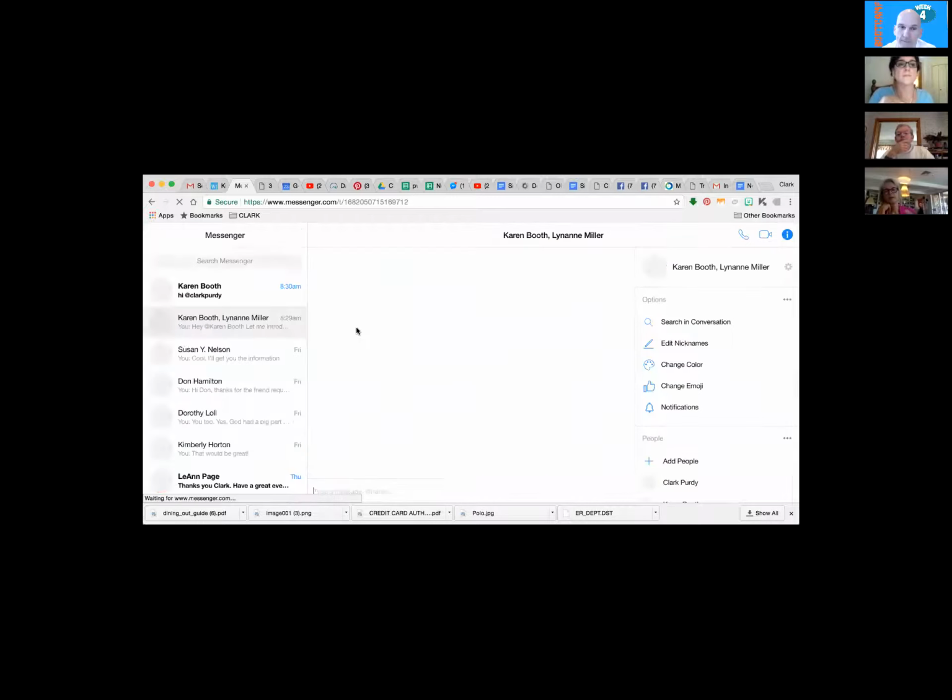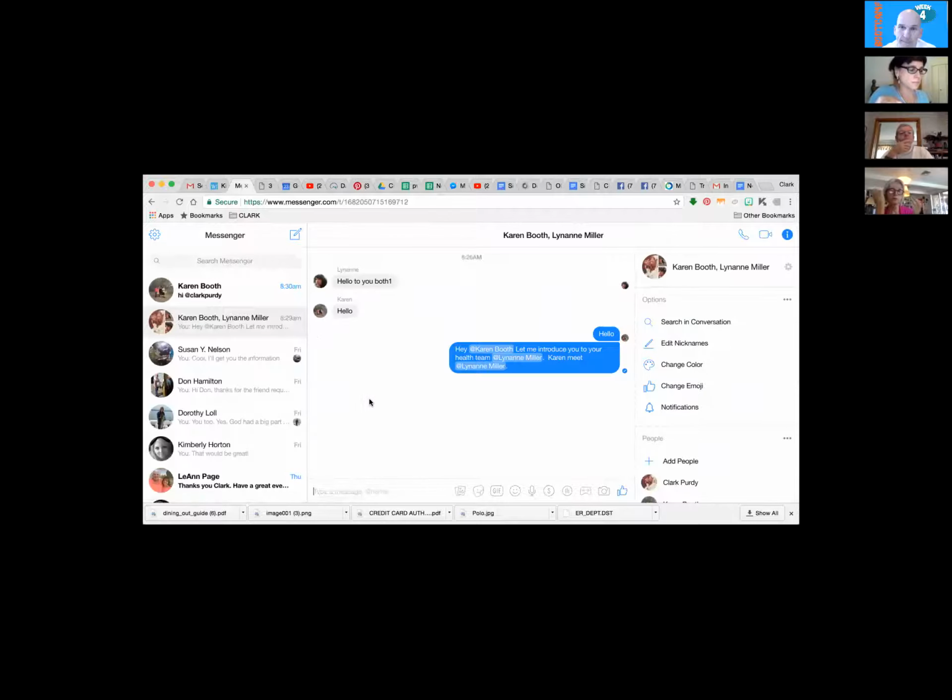I don't mean to be dense. No, I'm glad you got it. We're doing a video message next week, but it's already going to be all set up. I don't know if you see this, but in Clark's window, at the very top right, there's a blue circle with an eye in it. Go down a little bit. Right next to the circle with the eye in it is a little video camera.